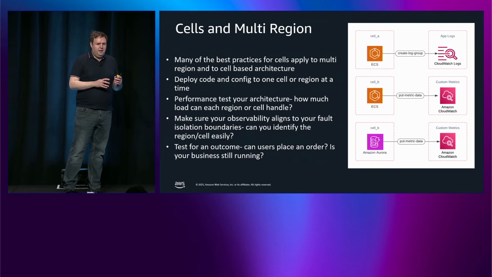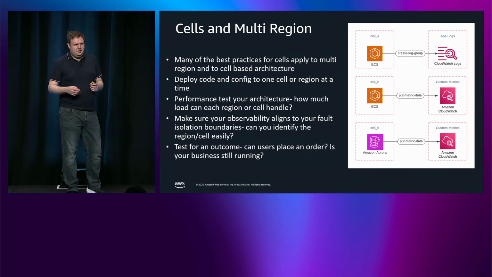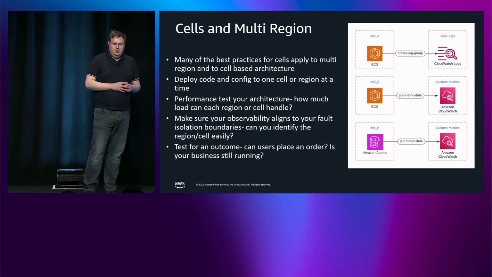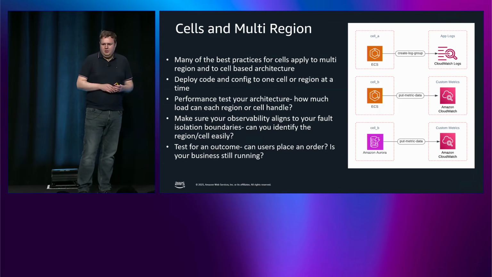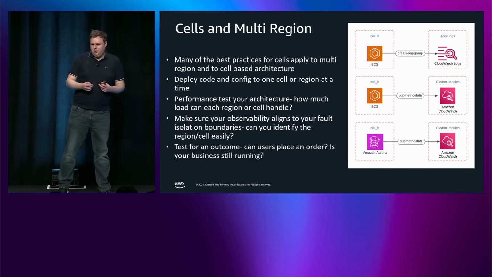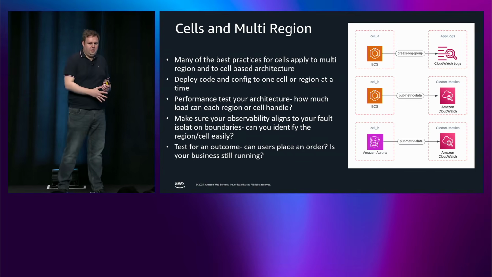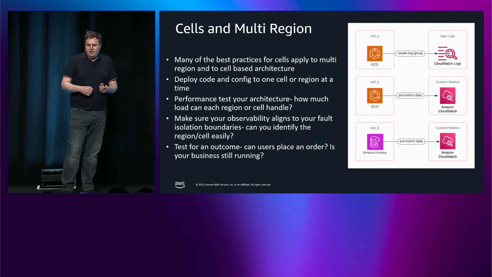So, I've very much simplified this with some best practices that apply to both cells and multi-region architectures. Firstly, when you're deploying code and updates, try and use your regions and cells as a way to do this. Deploy very, very fractionally, very gradually. So only deploy to a small area, one cell, one region, small number of users, and if you have an issue, quickly back it out. Reduce that area of impact, look at it. It's the way AWS does deployments, very fractionally.